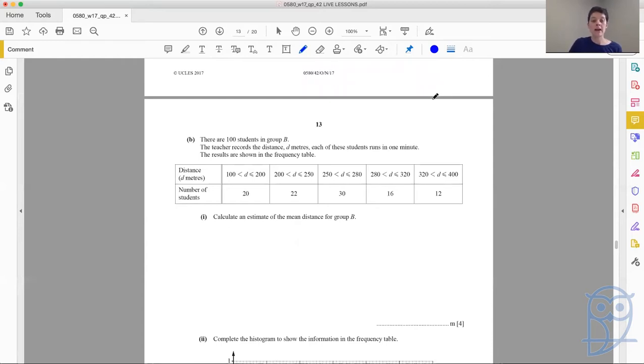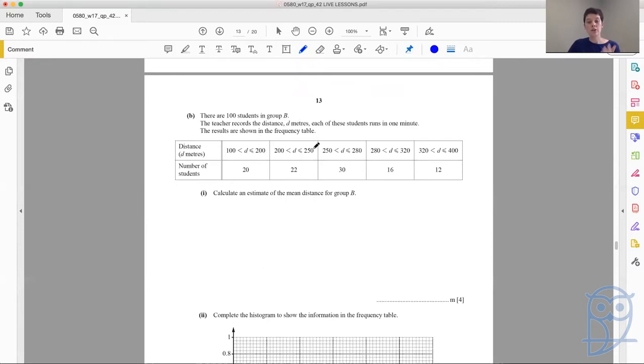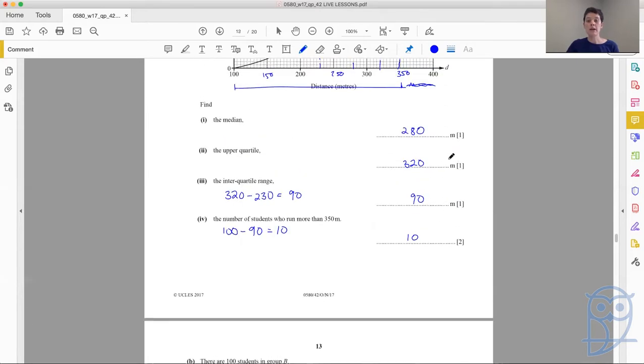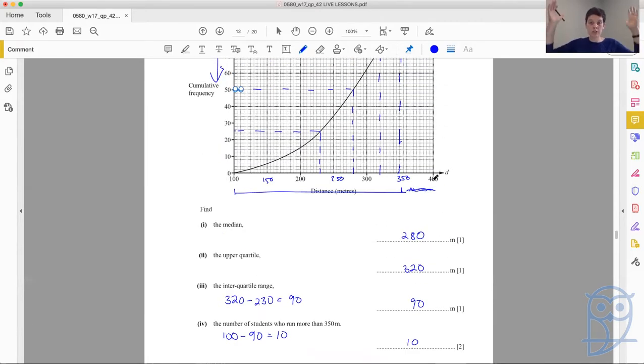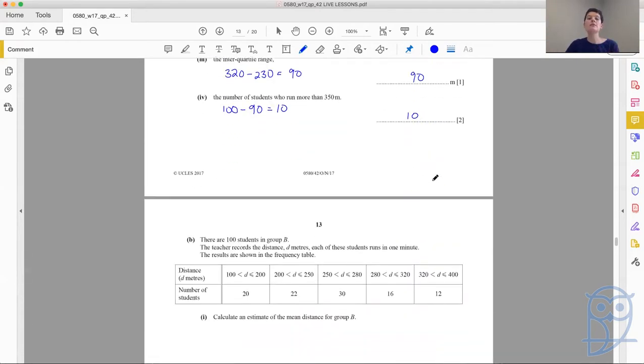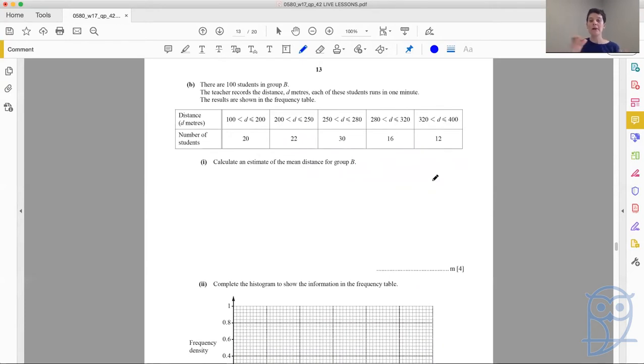So again, we have 100 to 200 to 250, 280, 320, 400. So if we compare, 100 to 400 are our outside limits, so we're dealing with the same sort of thing, but our data is presented very differently. Now we have groups of distance and the number of students in each group. The first piece